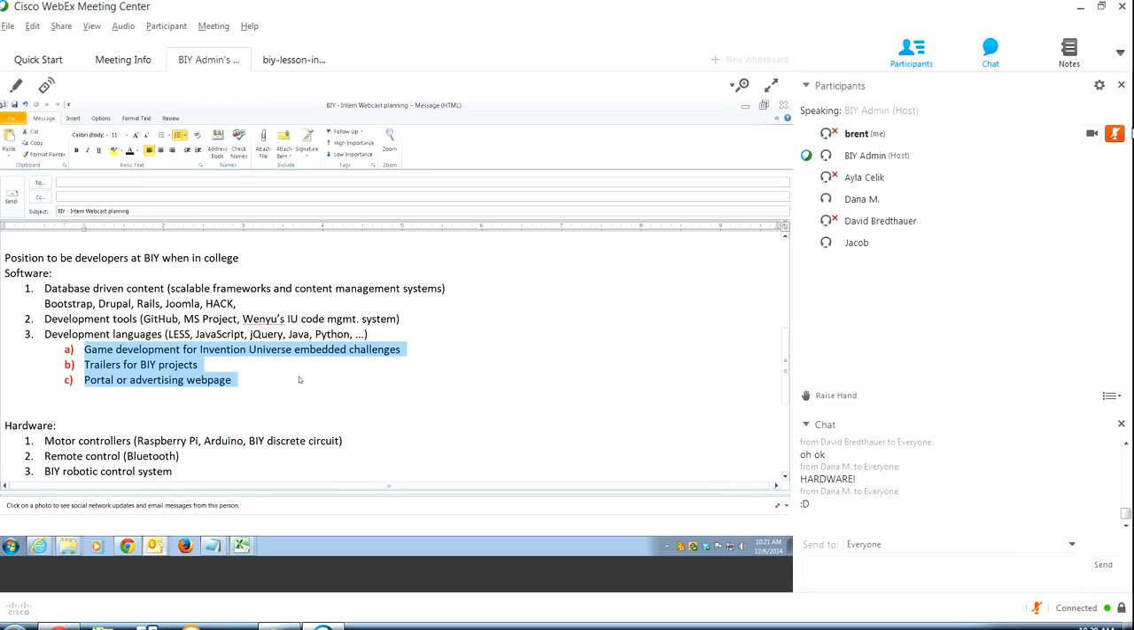be able to point to specific projects in their portfolio. Yeah, certainly this, what you call the portal or advertising web page, that's a good fit for front end web technologies like Less and JavaScript. Mm-hmm. As for the trailer,